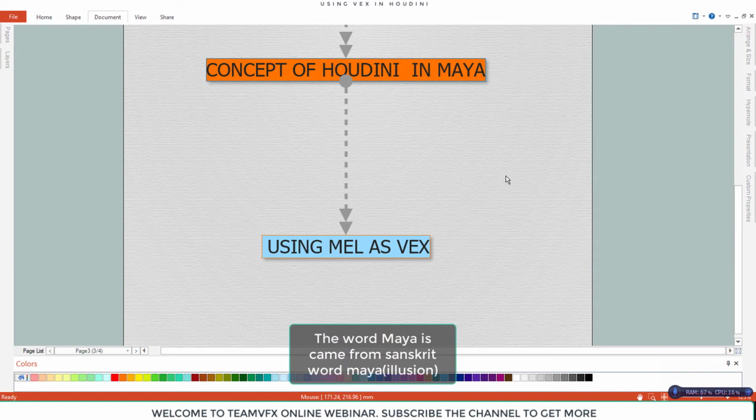Okay guys, so first and foremost, we need to know the difference between Houdini and Maya. If you are familiar with Maya, then you can understand how Maya works and how we do the modeling and character animation. But today we are going to learn the core concept of Maya, what the Maya architecture is and how that architecture works inside Maya.